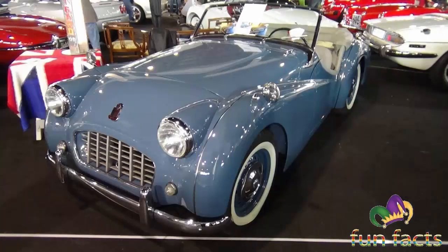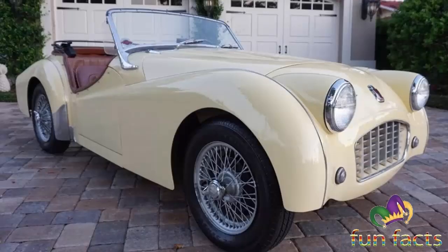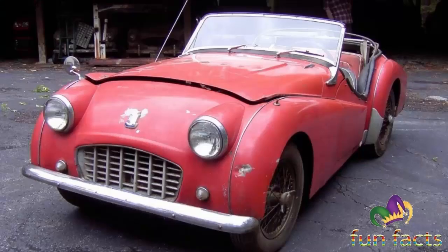Factory options and extras. Triumph offered a wide range of optional parts and accessories for both the competition-minded enthusiast and those simply wishing to personalize their vehicle. Among these were overdrive, wire wheels, hardtop kit, an occasional rear seat, push-button radio, interior heater, leather upholstery, windscreen washer, cast aluminum sump,